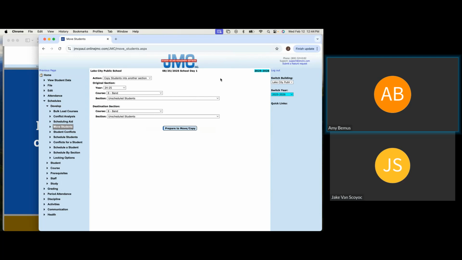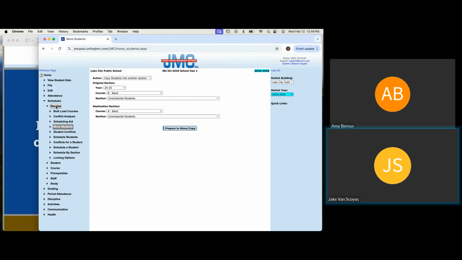So much easier to do things with a whole group. And so I think these features are super handy for saving time in those ways. And that's an excellent point to make, because really what you're trying to do is shave clicks, which saves time. So yeah, do what's best for the bulk of the students and then make those